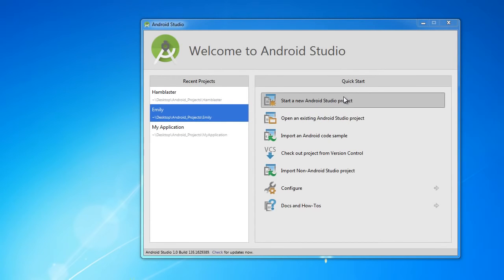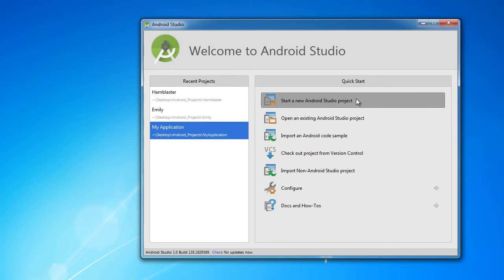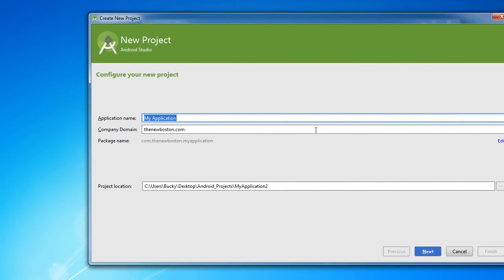So close out of any project you have, hit File, Close, and then you can start a new one. I'm just going to name this, let's name it